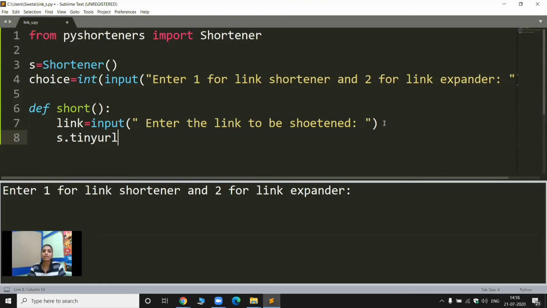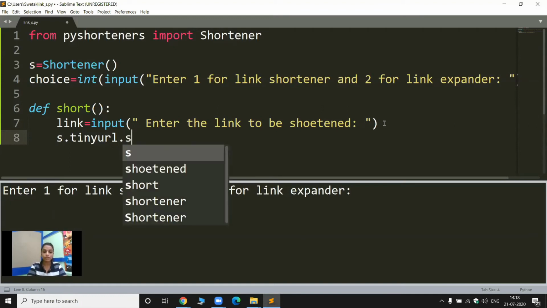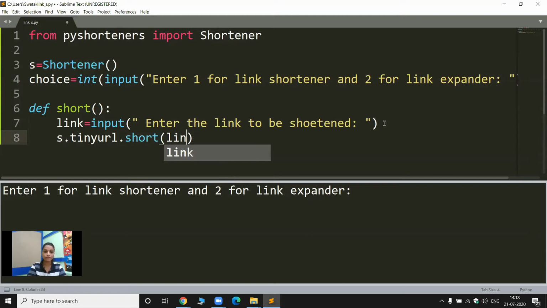You can check out the documentation of PyShorteners; there you can see how many options you have and which one you want to work with. Right now I'm just going with TinyURL. Then you need to write short because you want to tell it that you want to shorten a link, and here goes your link. This will return the shortened link, so let's store it in s_link here.